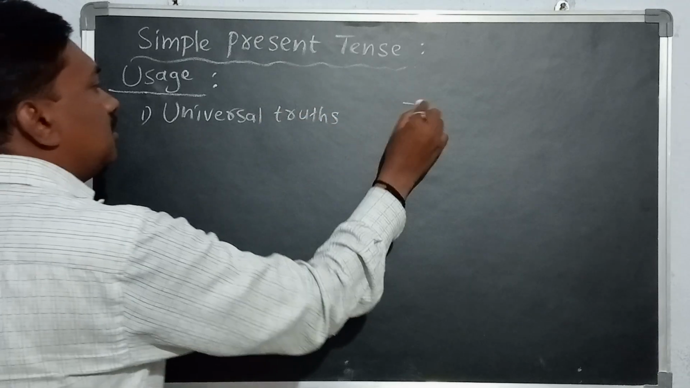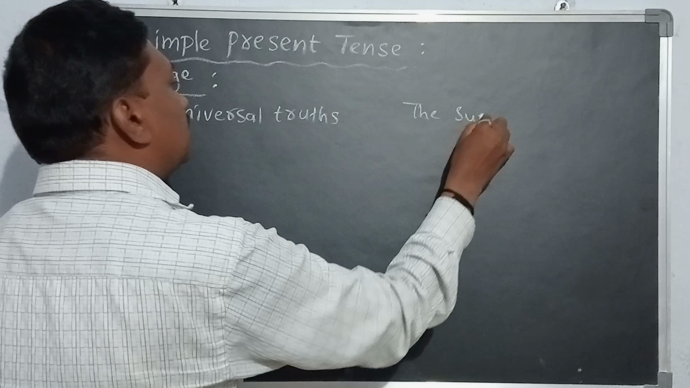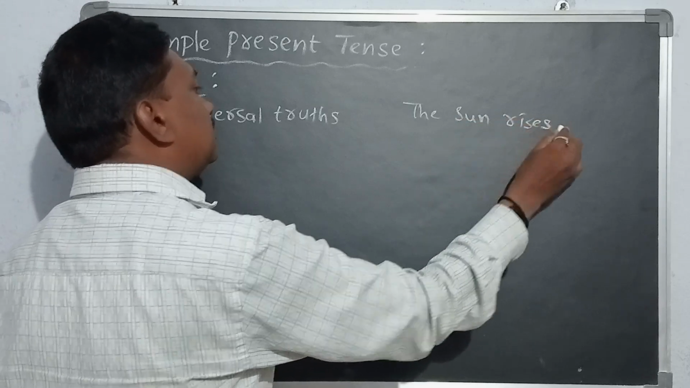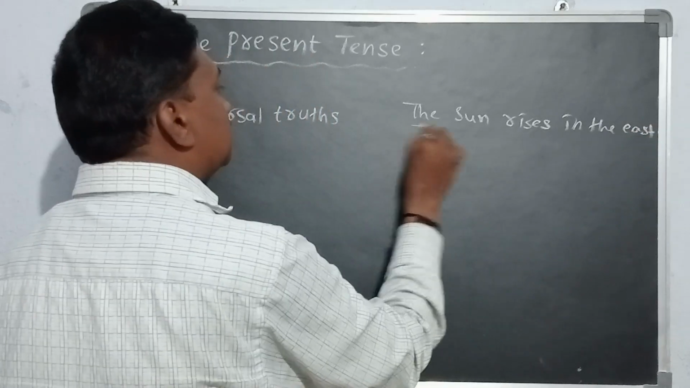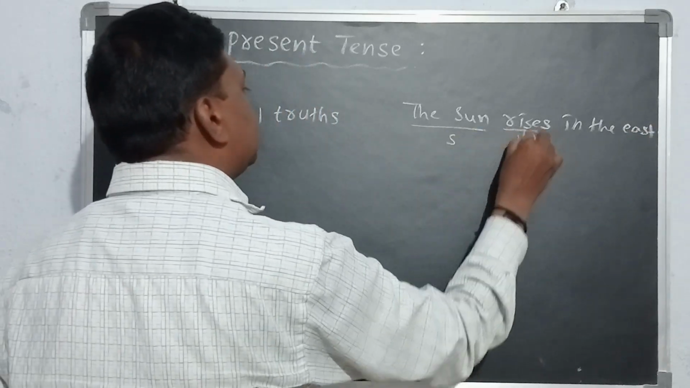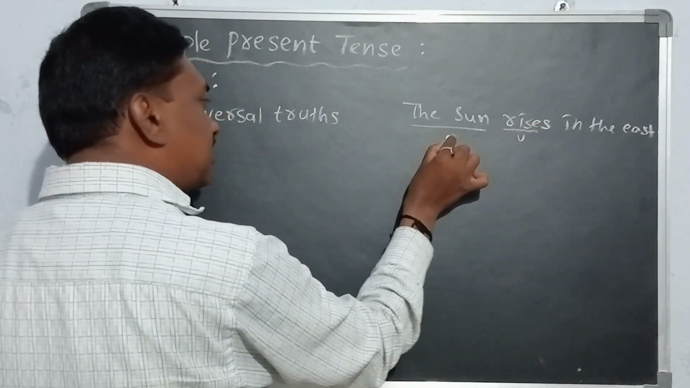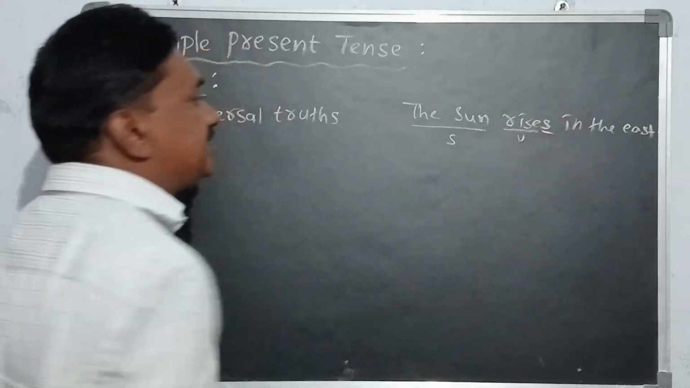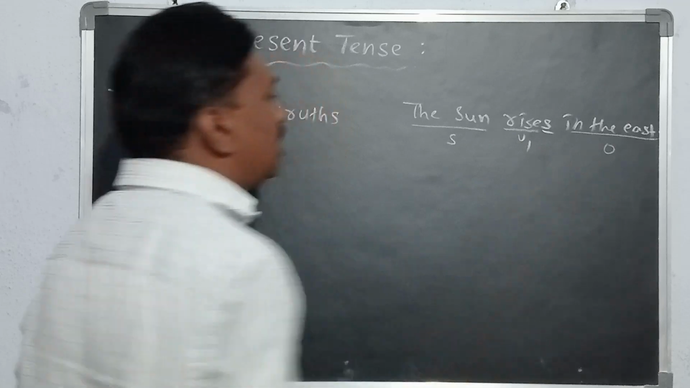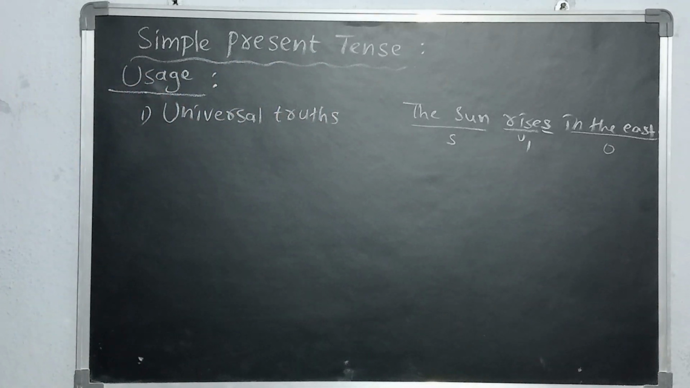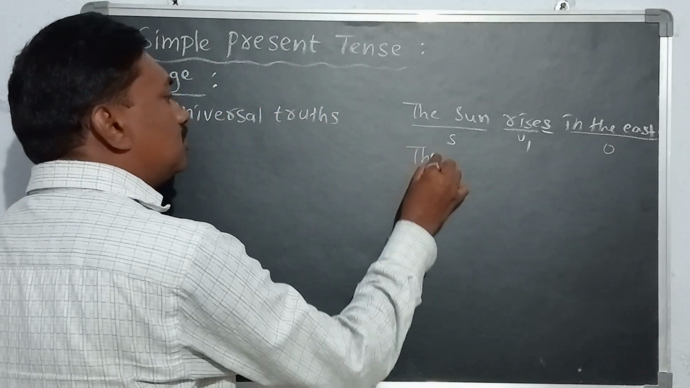For example, the sun rises in the east. The sun is the subject, rise is the verb. This is third person singular, so it is added with s. In the east is the object. Subject, verb 1, object. Universal truths. The water